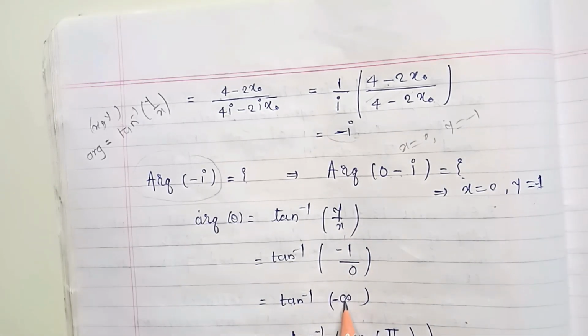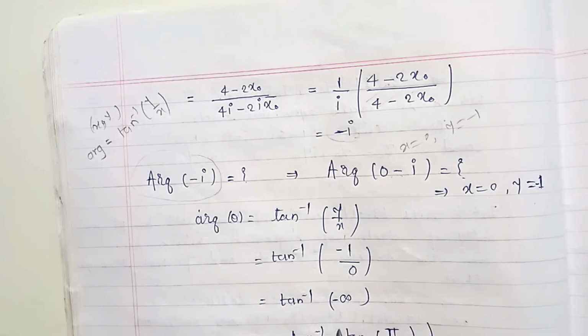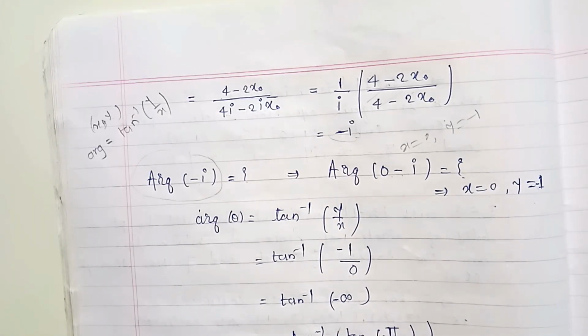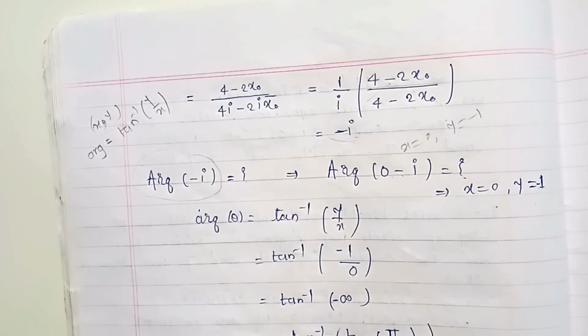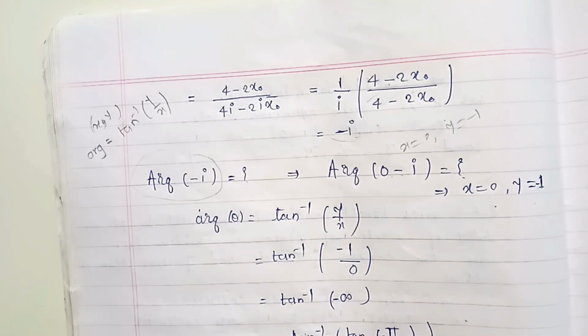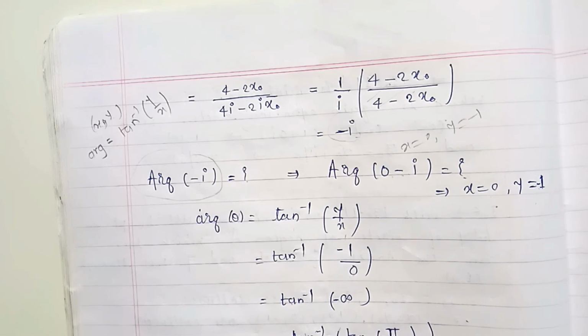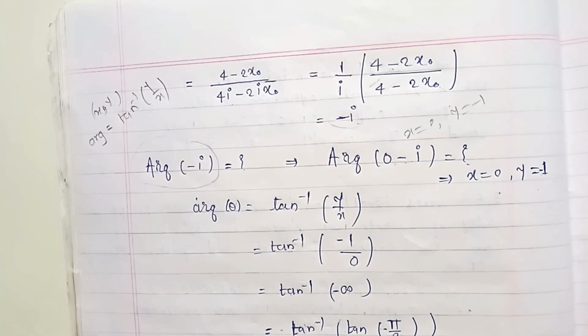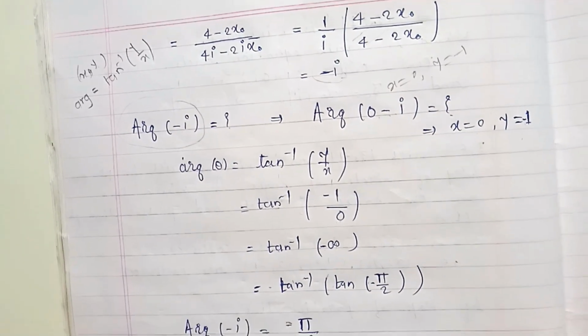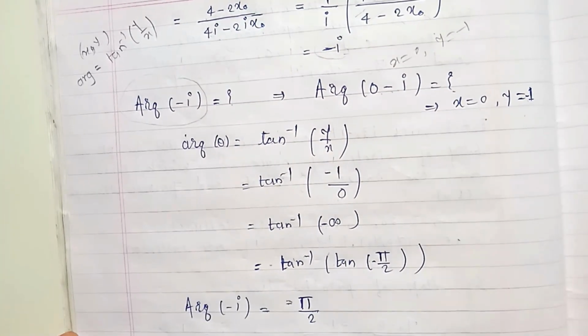We know that tan of negative pi by 2 is tan of negative infinity. Take that negative out, so tan inverse tan are inverse functions, and we are left with only pi by 2. So our required value, the argument of negative i, is equal to negative